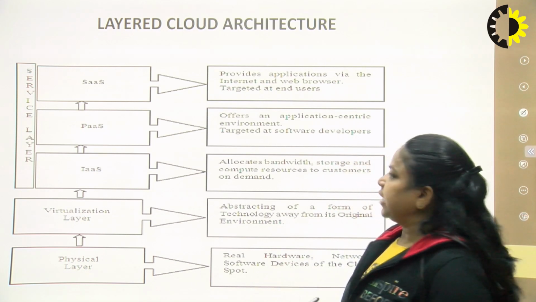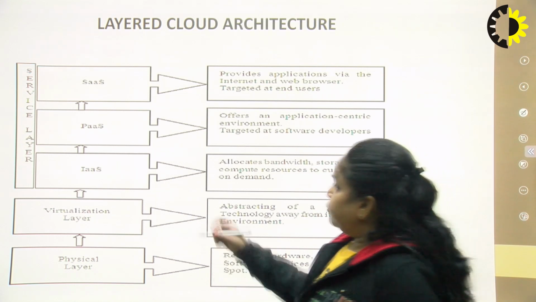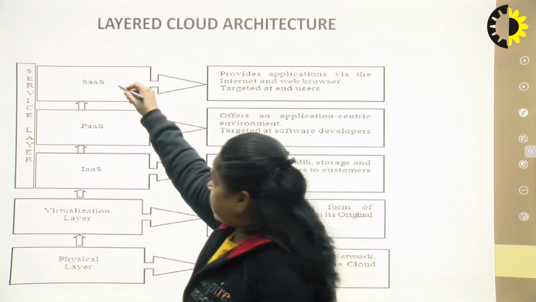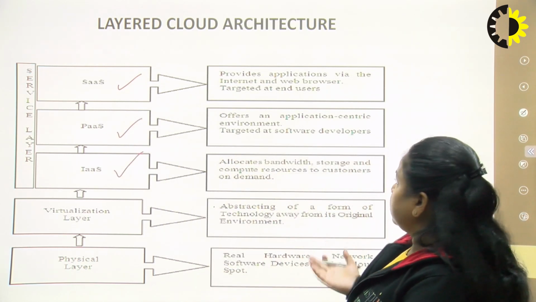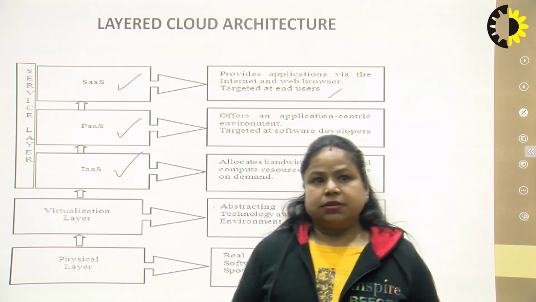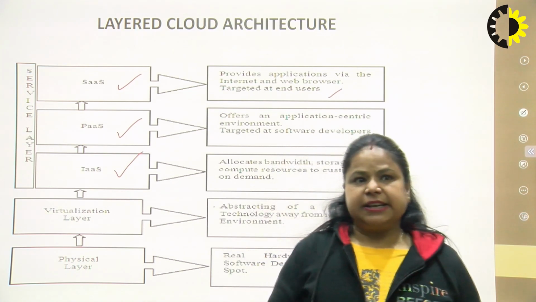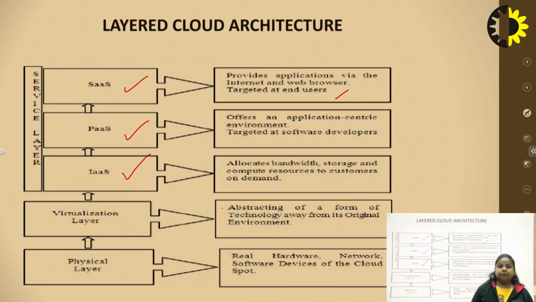When we talk about the service layers, it has three types of service layers: SaaS, software as a service, PaaS and IaaS. If I'm talking about SaaS, we are all aware that it provides applications through the internet or web browsers. Basically, it is targeted to the end users. PaaS means we are getting the platform as a service, which generally offers an application-centric environment,